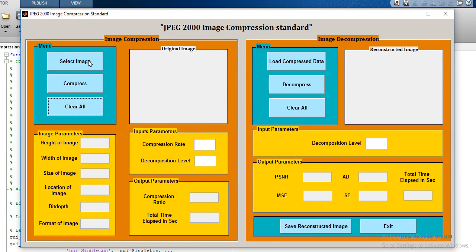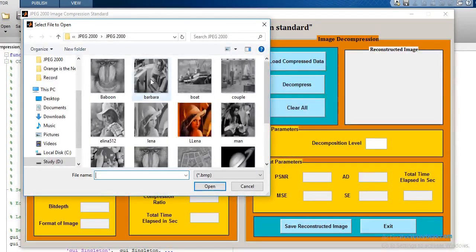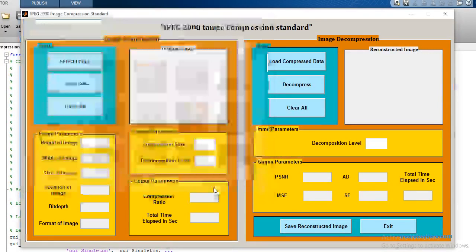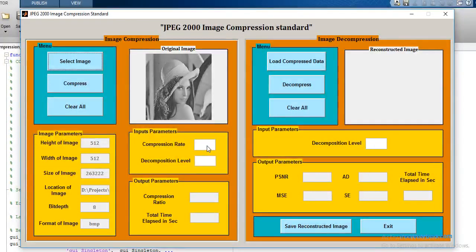Now we are going for a second image with a different compression rate. Just select the Lena image, just click on open, and enter the input parameter compression rate equal to 0.4, and the decomposition level that I'm going to enter is equal to 5. Now just click on the compress button.